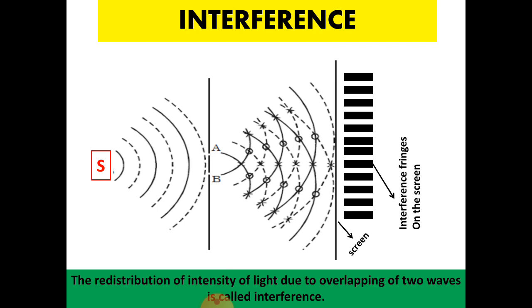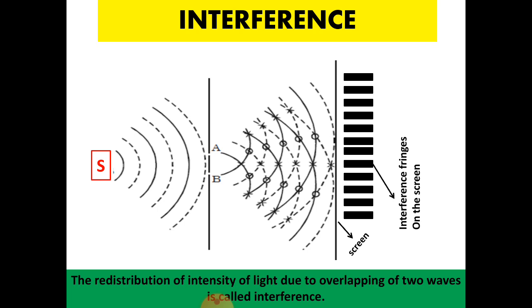Here, let us consider a source S of monochromatic light. A slit A is placed in front of the source and a screen is placed in front of the slit. Now the source is sending light and it is passing through the slit A and this illuminates the screen with some intensity. Suppose there is another slit B near to A, the light from the source now passes through both slits A and B and illuminates the screen with modified intensity.